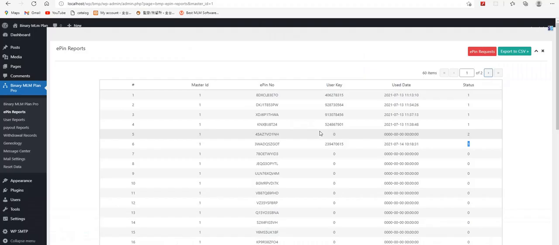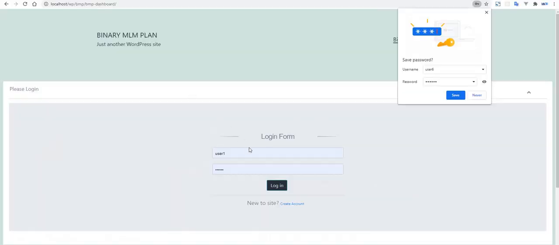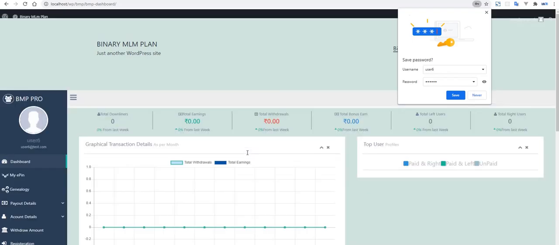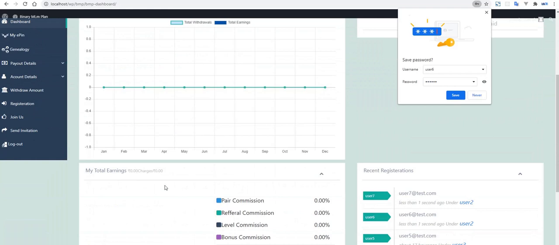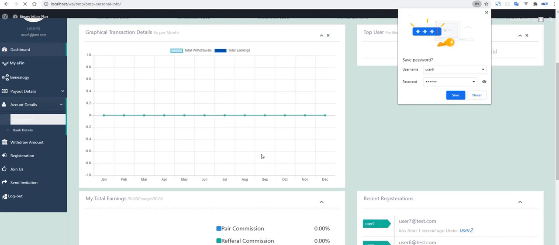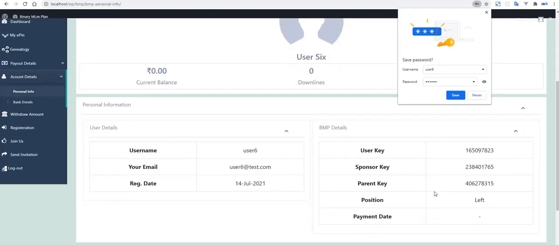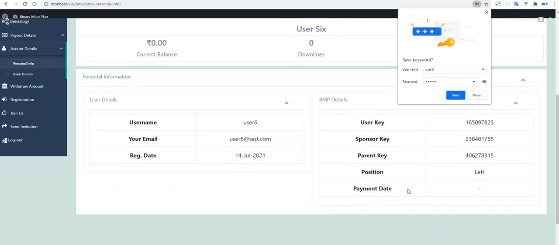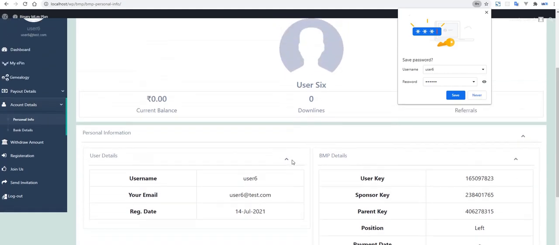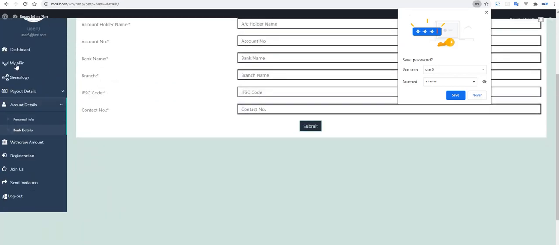I am trying to log in again as user 6. I am checking the personal account detail, positions, payment date, and my pins.